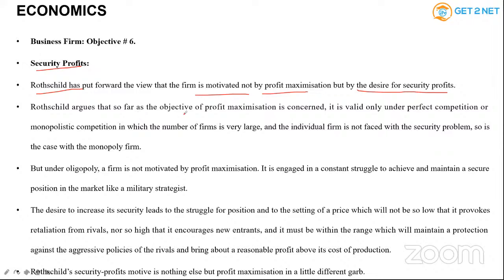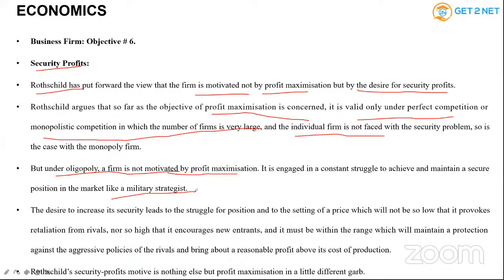ओके, सो रॉथशाइल्ड आर्ग्यूज, जब हम प्रॉफिट मैक्सिमाइजेशन की बात कर रहे हैं, सो इट इज ओनली वैलिड अंडर परफेक्ट कंपटीशन और मोनोपोलिस्टिक कंपटीशन, जहां पे आइदर फर्म्स बहुत ही ज्यादा है या फिर इंडिविजुअल फर्म का कोई कंपटीशन ही नहीं है, जैसे मोनोपोली केस में। लेकिन अगर हम ओलिगोपोली केस देखें, जहां पे बहुत सेलर्स, मतलब फ्यू सेलर्स हैं एंड देयर मार्केट, लाइक ऑल द कंपनीज आर वेल सेटल्ड इन द मार्केट इंडस्ट्री, वहां पे कंपनी प्रॉफिट मैक्सिमाइजेशन से ज्यादा मोटिवेटेड नहीं होता है। व्हाई? बिकॉज they go for a military strategist, continuously they have to achieve the market share that they have,